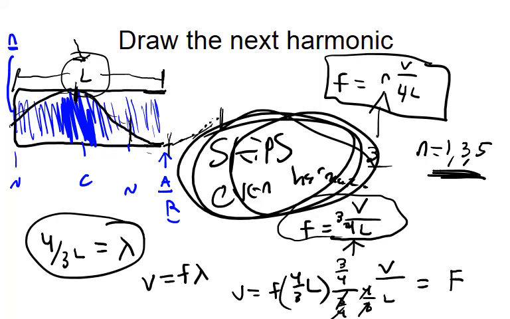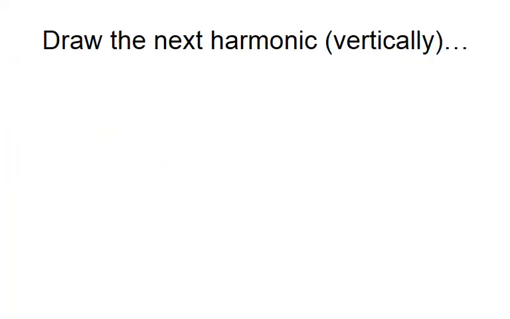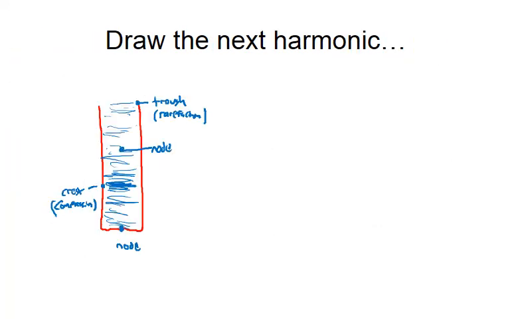Just like with stringed instruments, you have more than one harmonic at the same time. In wind instruments, you have the same thing. You have more than one harmonic, and so it's the superposition of those, and you get your own unique combination of those in there. So if we were to draw this vertically, we would see the node at this end,